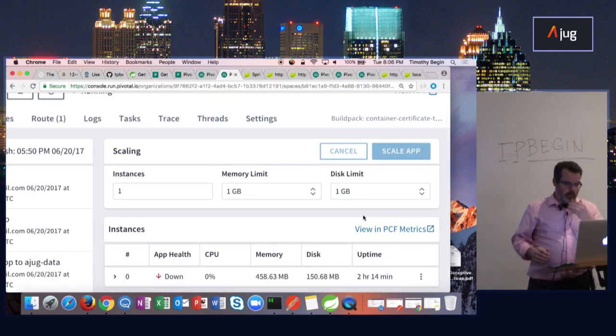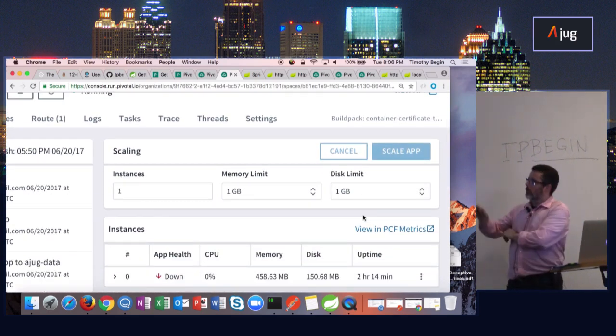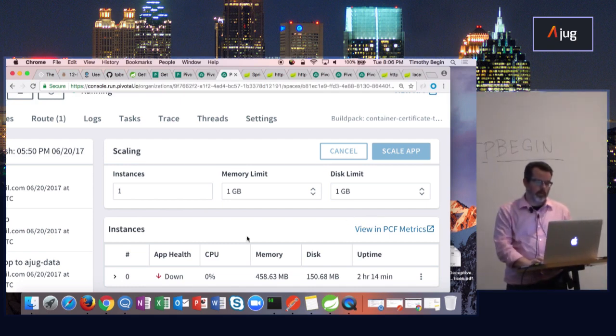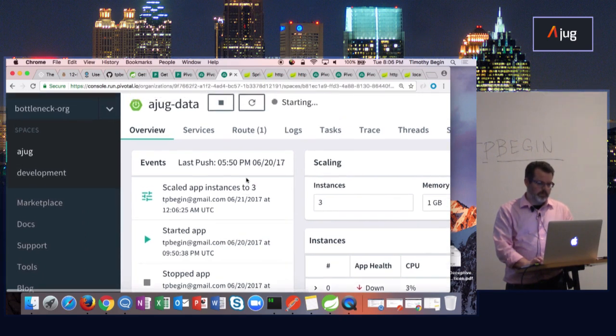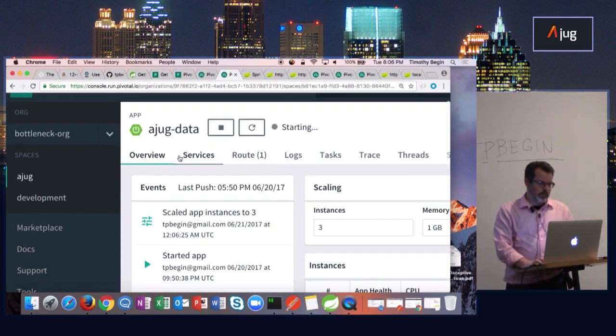All right, so remember we were talking about resources, we want to manage our resources. So if I want to have more than one instance, I want to have a memory limit, I want to increase my disk, I can spin these up here. So I just scaled this to 3.